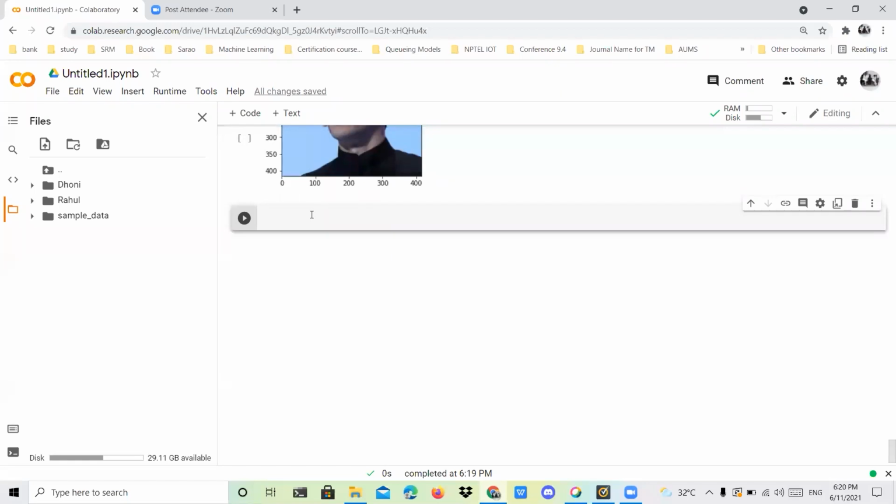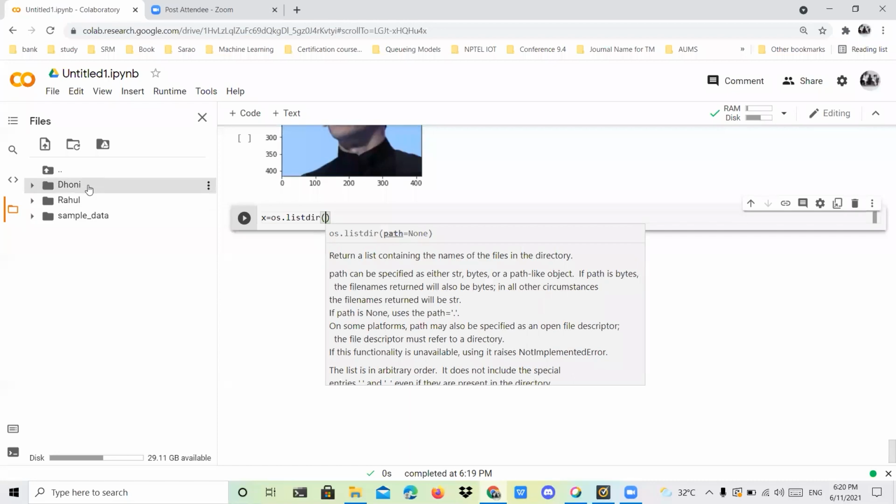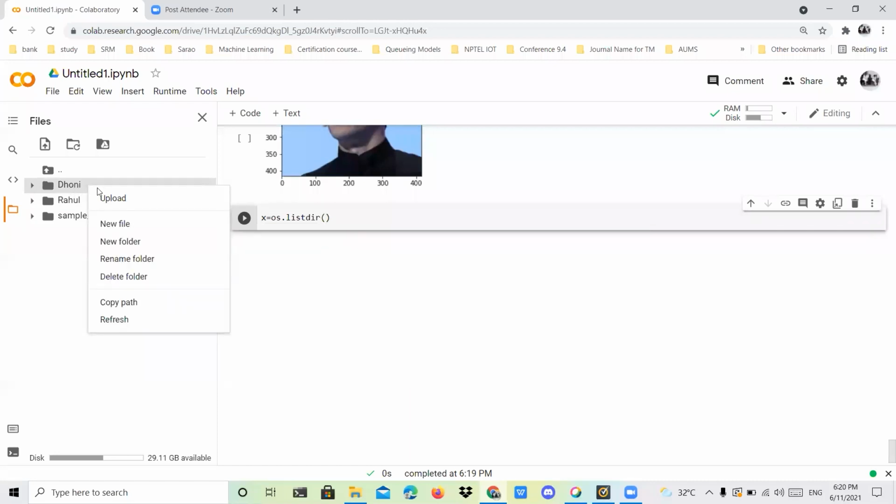Yes, it's loaded. Now I'm going to compare how many images are there in my folder. That is the first thing. So I'm going to give x is equal to os.listdir. Within that, you can give a folder path. Here you can copy your path, within single quotes, I have to paste it here. And at the end I also have to mention a slash. If you are going to handle a folder, at that time you have to mention this slash.